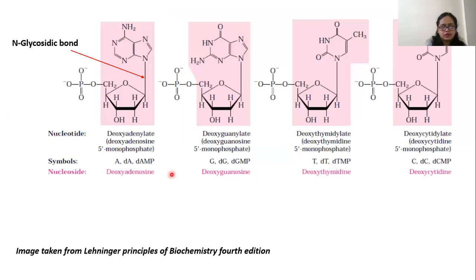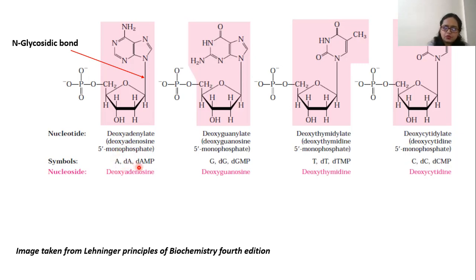Now here the nucleotide and nucleoside structures are shown. The first structure is of deoxyadenosine. Why are we saying it as deoxyadenosine? Because at the 5' position a phosphate group is attached. This pink colored portion, which excludes the phosphate group, is called a nucleoside, because at the 1' position adenine is attached. Hence it is called deoxyadenylate or deoxyadenosine 5' monophosphate, and the symbol used for this is